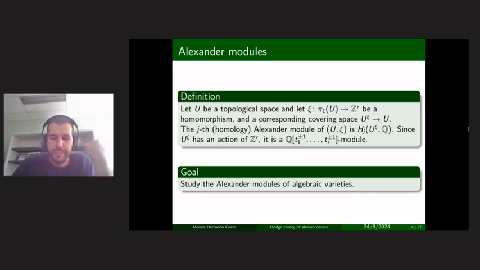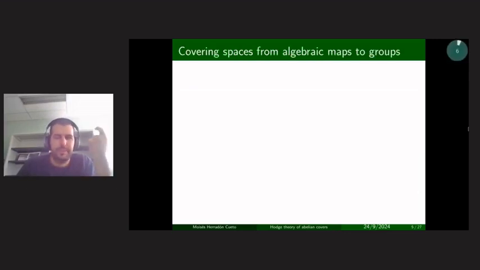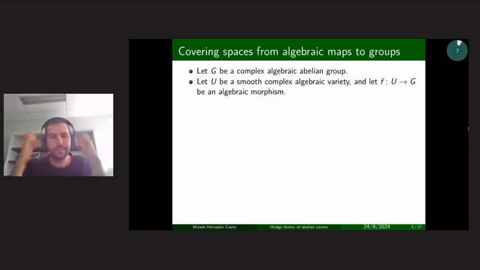The ones I want to look at actually don't quite come from here. They come from algebra; they're going to come from maps to groups. So let me talk about that for a second. This is going to be my setting for the whole talk. There's going to be a group which is abelian and algebraic. It's a semi-abelian variety. You could think of C star. Really, you can just think of C star. That's an interesting enough example.